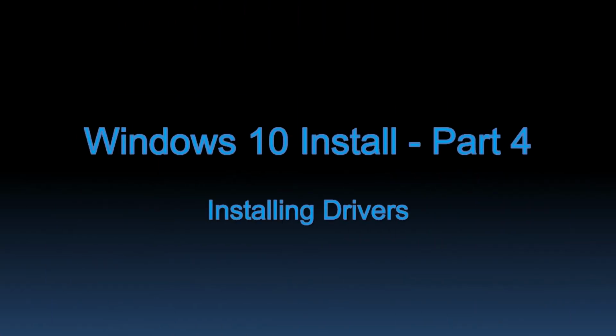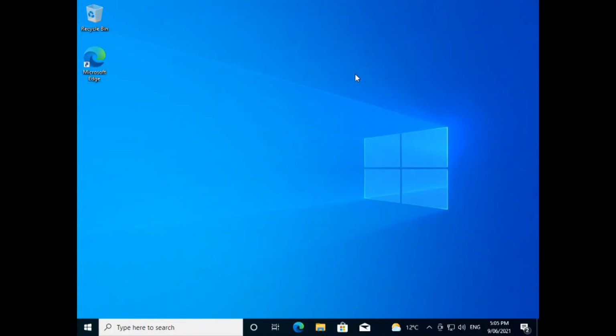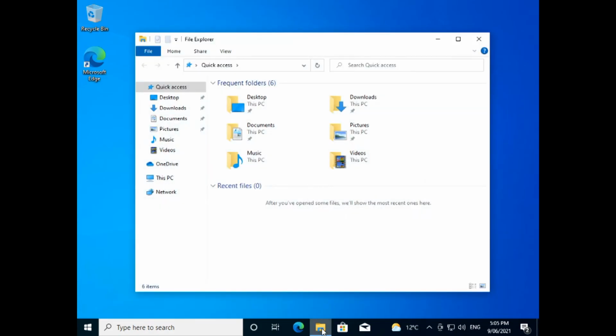Section 3. Installing Windows drivers. The first step is to ensure that your computer is on and showing the Windows 10 desktop. Now find your drivers. They could have either been provided to you on a disk, or you'll have to download them from the internet. Generally, Windows 10 should provide drivers for everything. However, often drivers such as graphics cards require extra software, so it's a good idea to find some drivers from